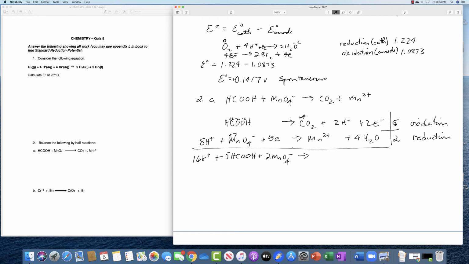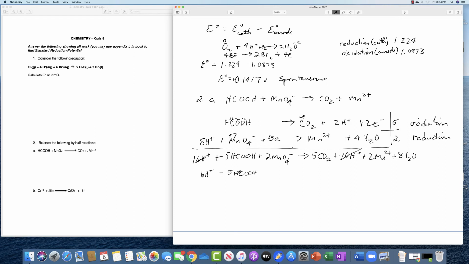All this goes to form 5CO2 plus 10H plus, that's 5 times 2 is 10, and 2Mn2 plus 8 H2O. And then you have H's on both sides, so this can simplify to 6H plus